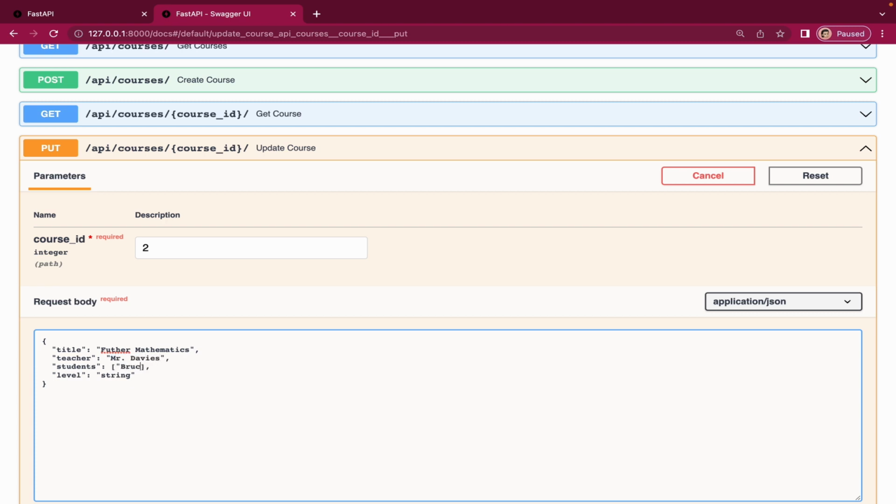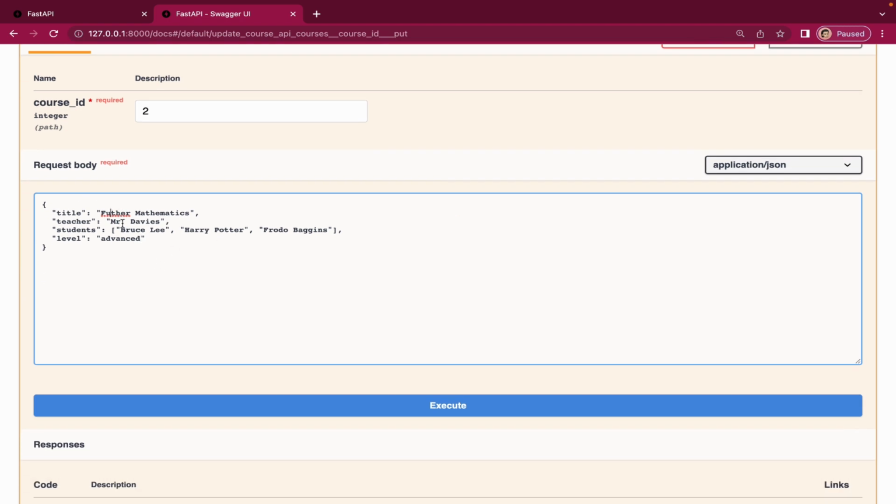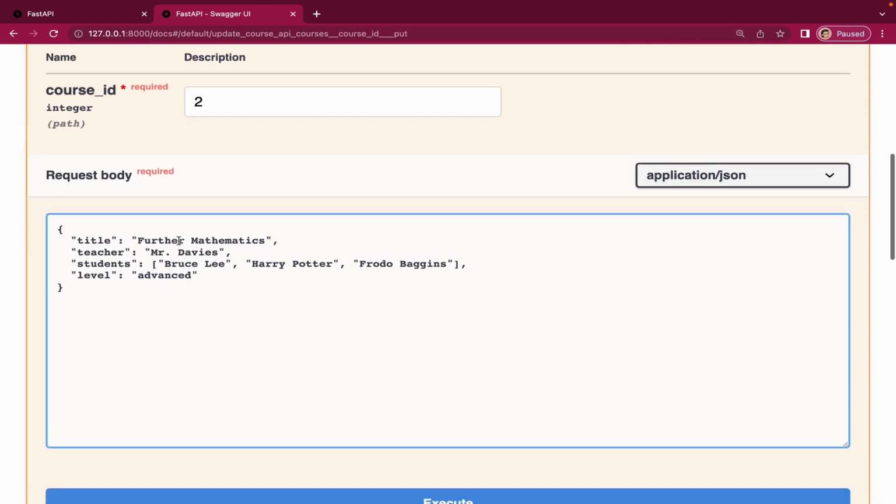Students are now Bruce Lee, Harry Potter, and Frodo Baggins. And the level we'll say is advanced. So now, and this should be further spelled correctly, so like this. Let me just zoom in a bit. And now if I click on execute,